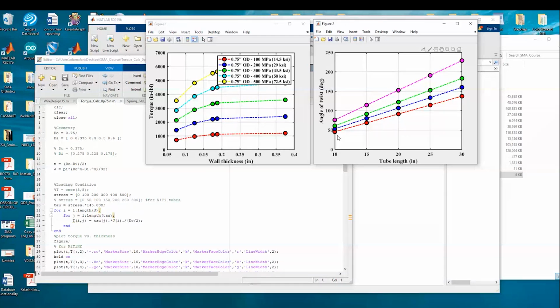actuation of 50 degrees, or let's say 60 degrees, I can have a tube that is 15 inches long. Okay, and so you get my point here. If you have it biased somehow, and you're looking for 100 degrees of twist, you can also get 15. So you can have this going from two-way to bias one-way, and you have this design freedom to allow you to play with it a